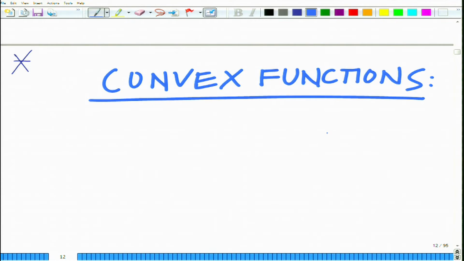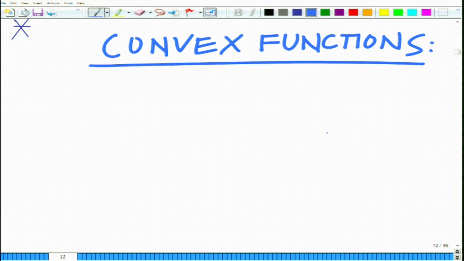Well, now let us look at a test for convexity. Let us consider first a function of a single variable x, y equals f of x. This is a scalar variable. We will come to functions of vectors later. So, this is a scalar variable,